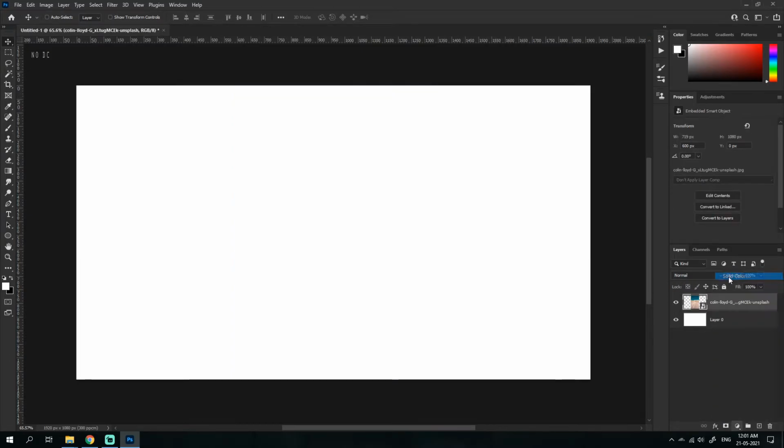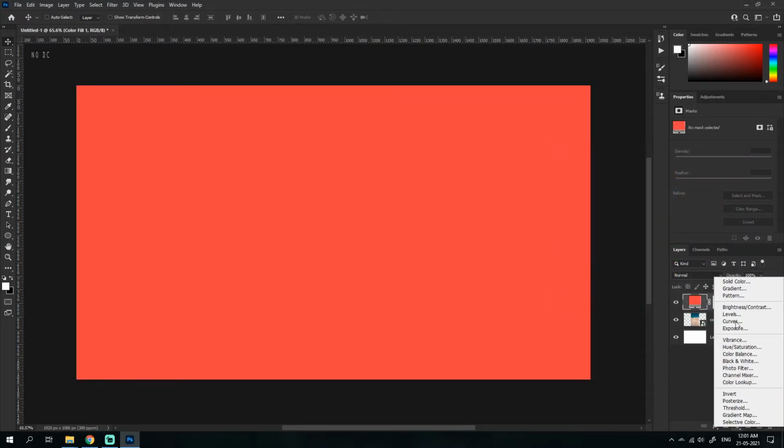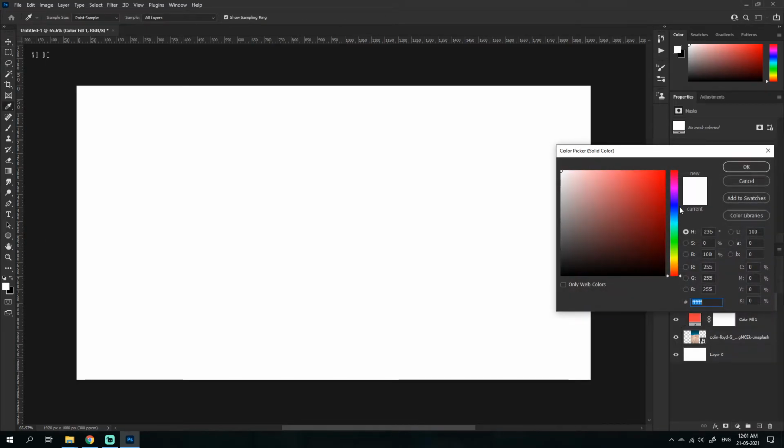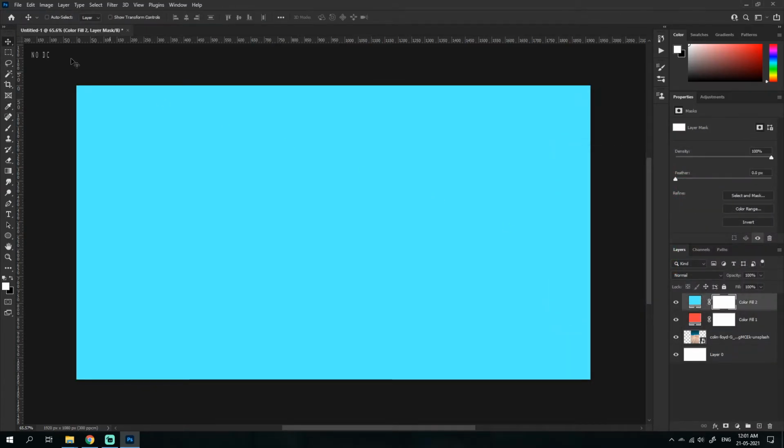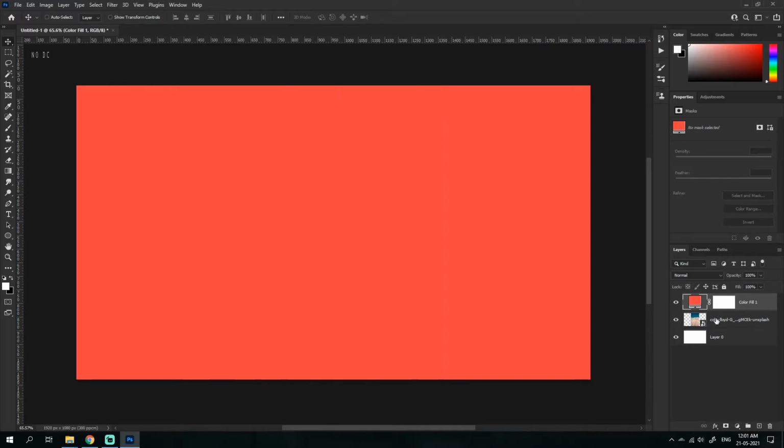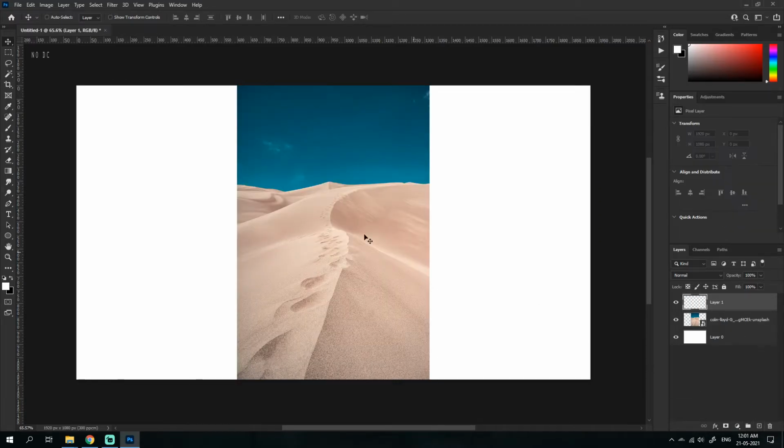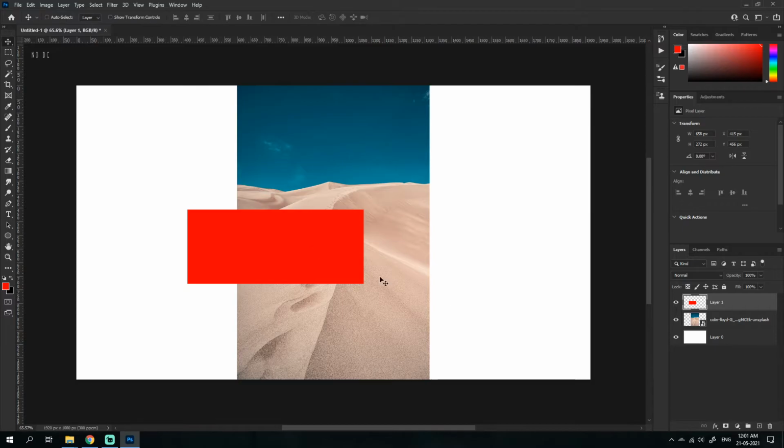So if I add, let's say, a solid red color and a solid blue color like this, and let me do this. You guys don't need to remember every single thing from this one, at least for now. Now what I've done is I've made a section here, make it red. Now you could see that this red section is above this image.